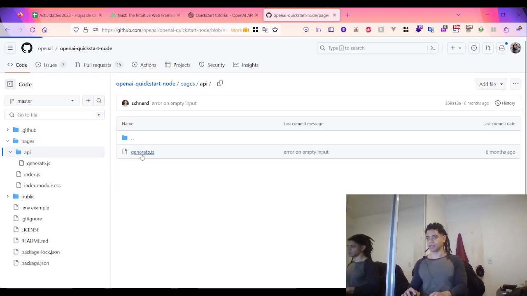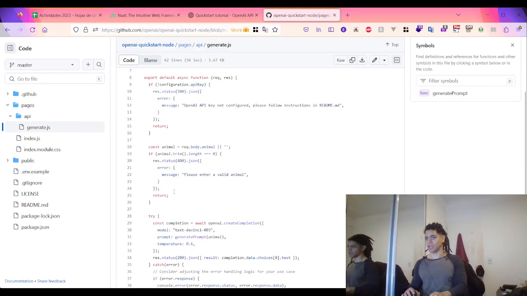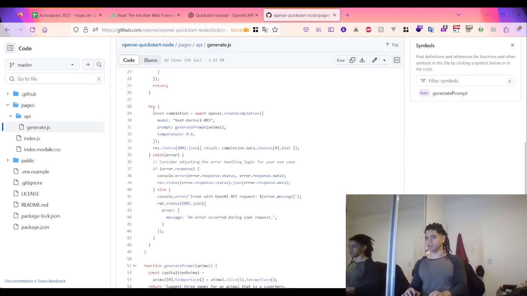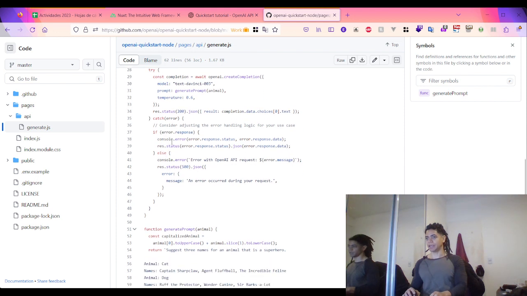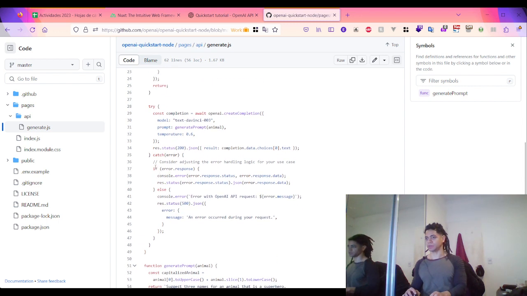So from the API generate, the way it handled the error is by using a try and catch statement. This is also to perform this async operation. Let's actually perform this try and catch statement here, and these are the two types of response. Okay, that's good. So now if I go back to the code,